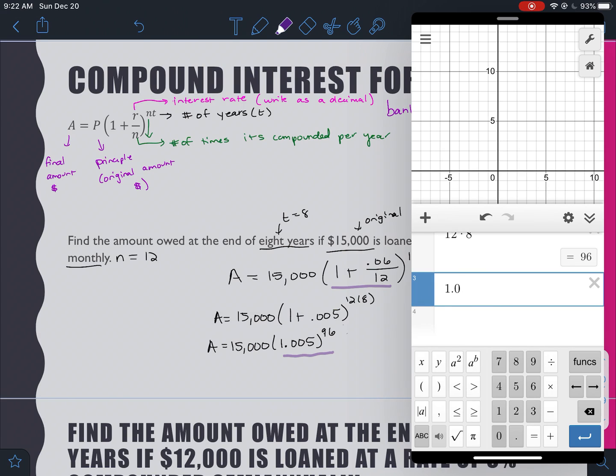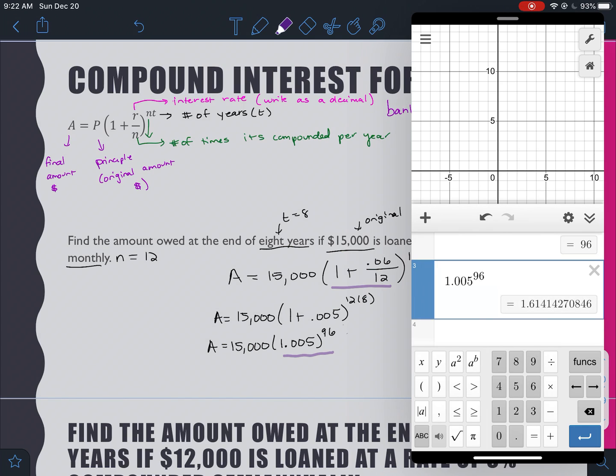So now order of operations says we need to do exponents next. So we're going to do 1.005 raised to the 96th power. And we get A equals... And we don't want to round on that because we want to be as accurate as possible. So 15,000 times